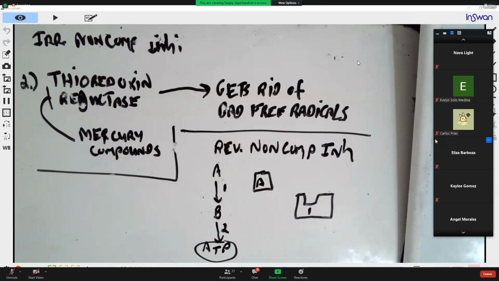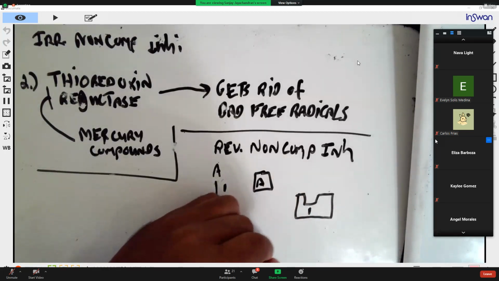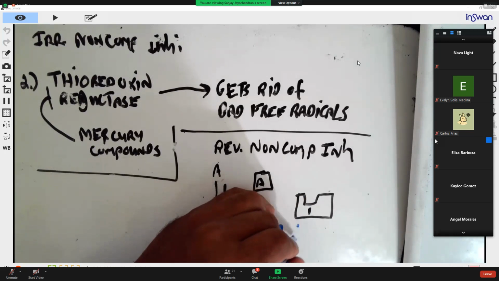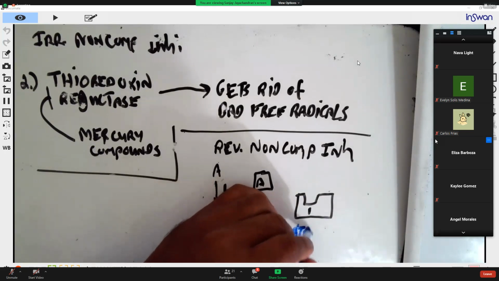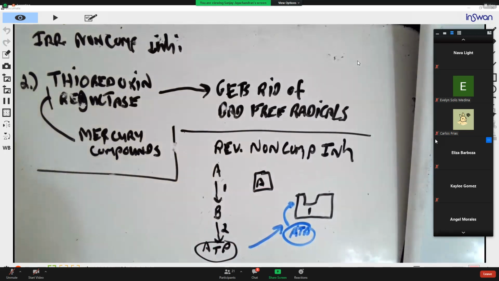It can cause all kinds of reactions. So what's going to happen is ATP itself is going to, I'm going to draw it this way, hook up to enzyme 1,